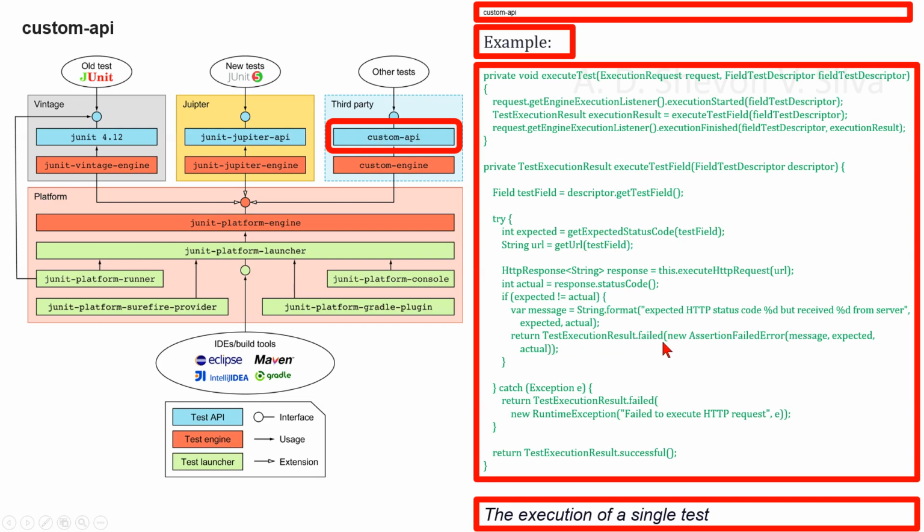result failed with an assertion failed error in case the response does not meet the expectation. If sending the request throws an exception, it is wrapped in a more technical runtime exception